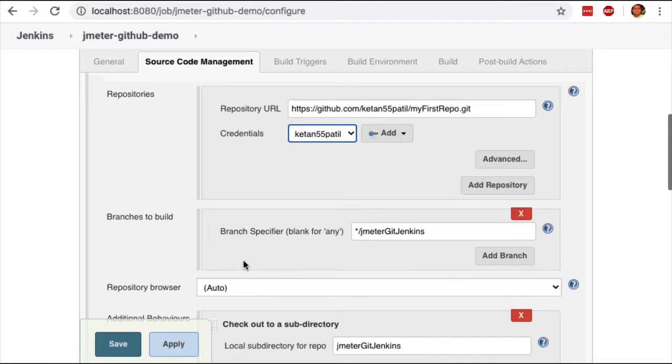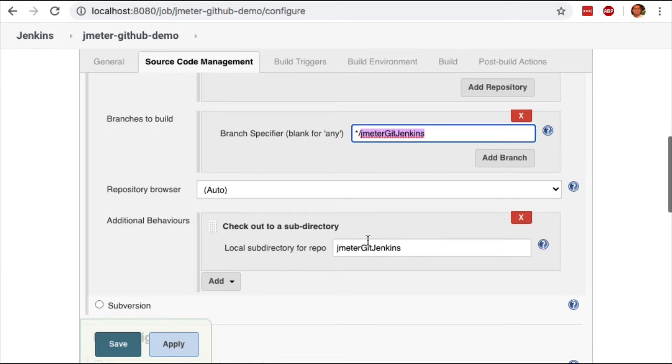When you scroll down, you can enter the branch name on which your JMeter script is. Do not forget to add / before your branch name. Now the next step is not required. This is optional. But I selected to extract my repository